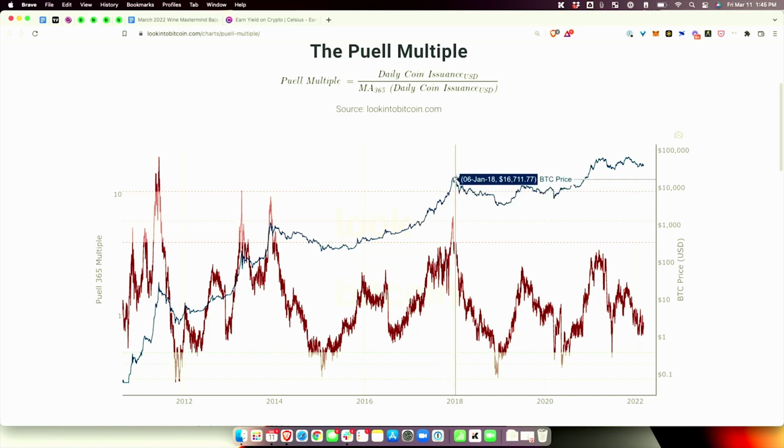perfectly here. One of the reasons I did not panic in May, which was the last, not even the top, but like right before this bull market started to peter out, is I didn't see this get into the red zone. This is one of 3 indicators I'll show you. I didn't see it get into the red zone. I wasn't worried. It made me believe that we were still probably right in here,